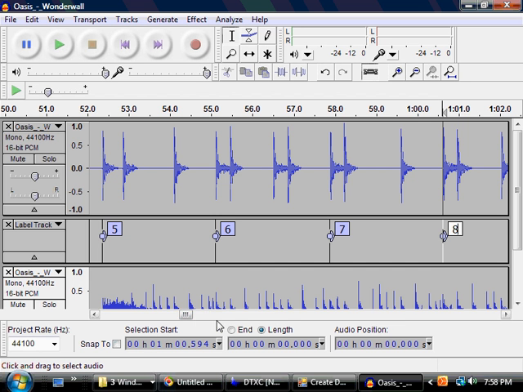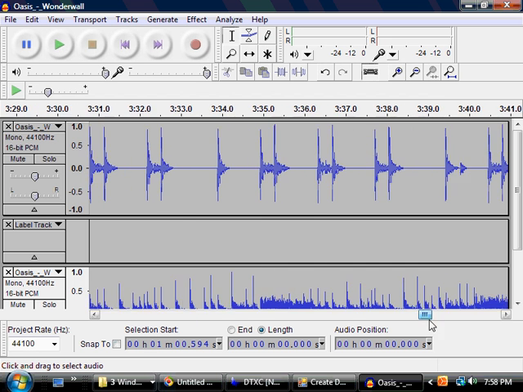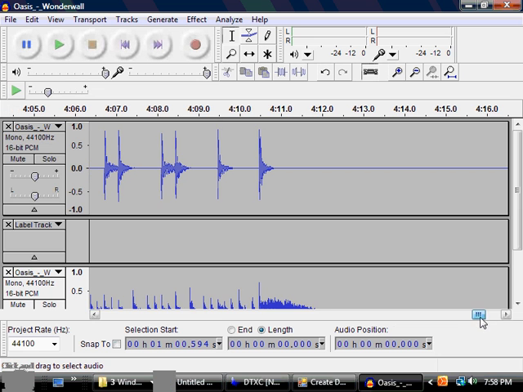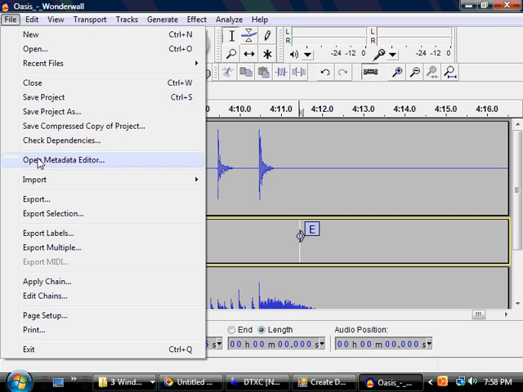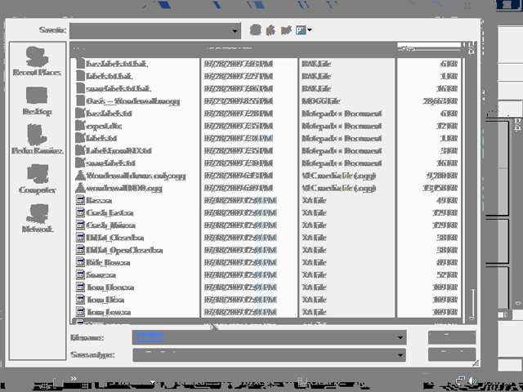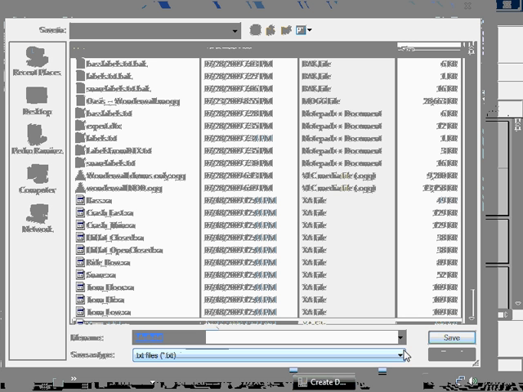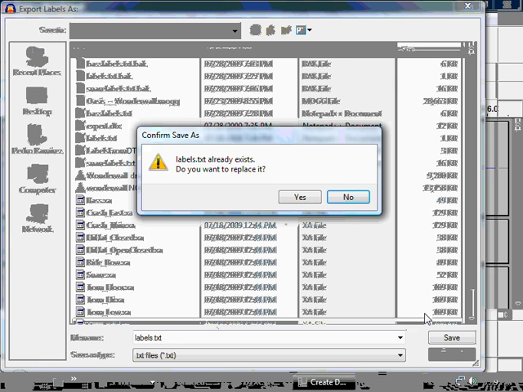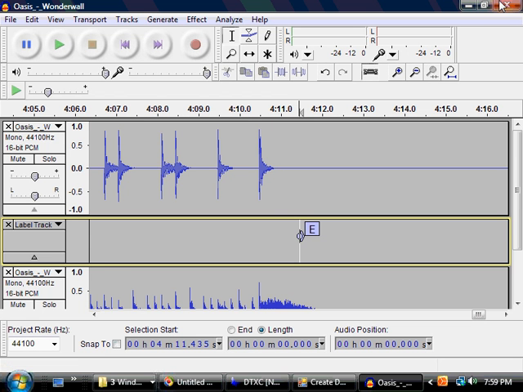Now I'm going to go to the end of this label track, and I have to tell DTXfromAL to build up measures all the way until it sees this E label. Okay, now I just hit File, Export Labels. I use the default name, which is labels.txt, and hit Save, yes. And now I open